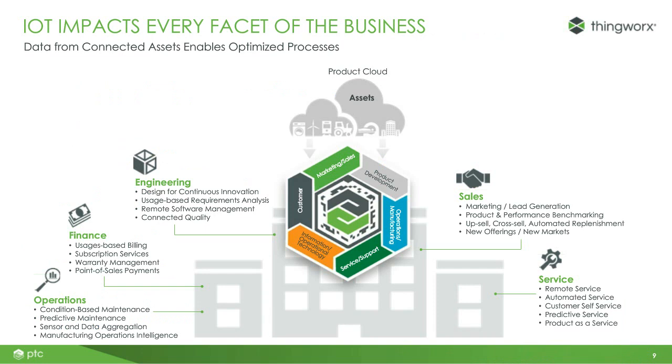Within their organization, I think when you look at all of the different departments that can be impacted by IoT or have some type of impact on operations or on the products being created, IoT really spans everything from operations to finance to engineering to sales, and especially service, around what can be done from looking at product information coming off of actual equipment and actual devices and how to service them, things like predictive maintenance and remote service, all things that really are enabled by IoT. Every department within an organization is truly impacted and has an impact on what can be done with IoT in their organization.